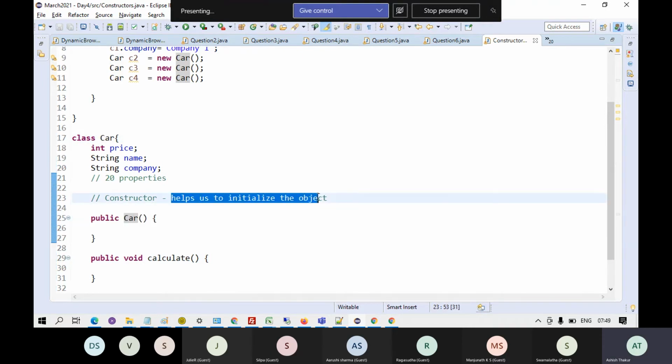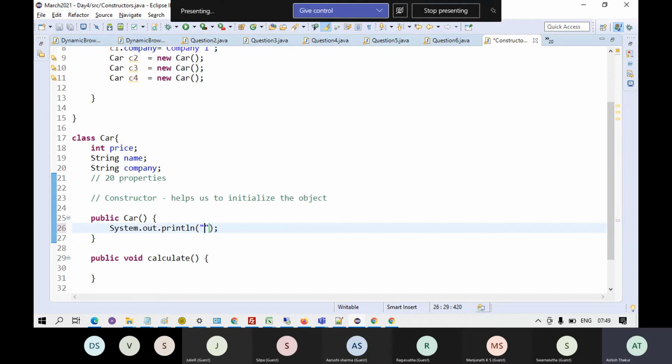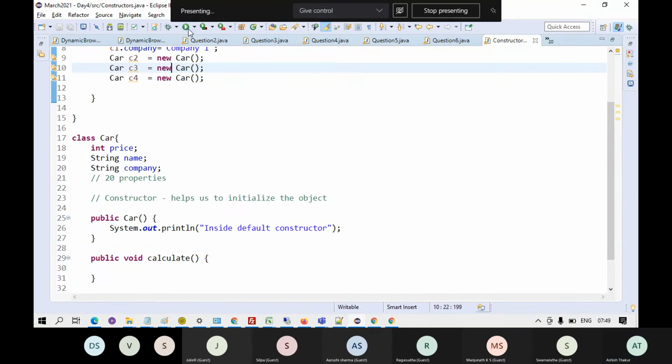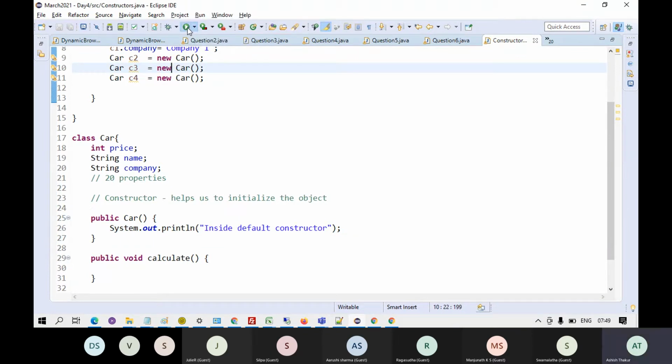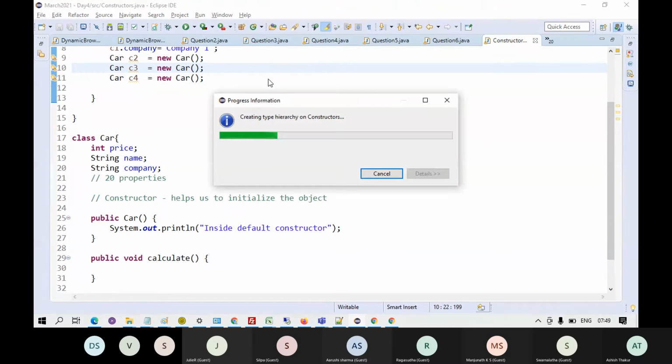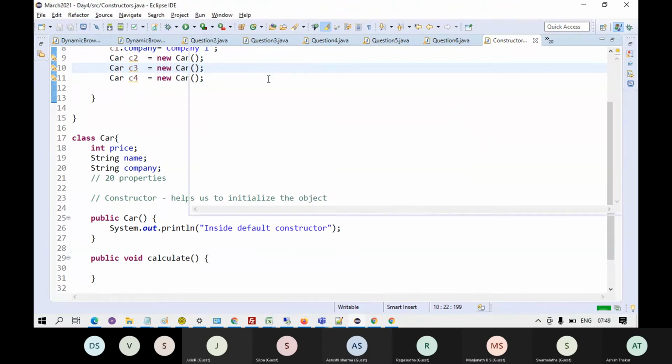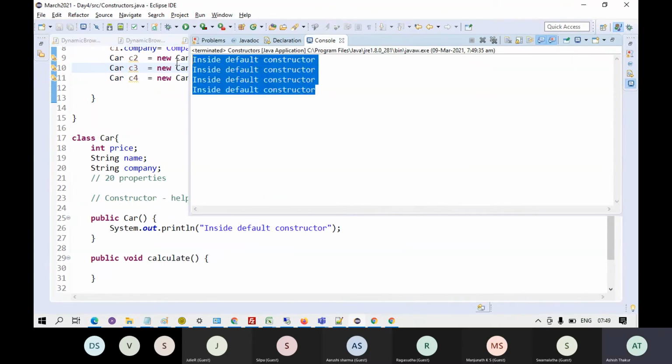It will only initialize the object. This is known as default constructor, but no arguments, right? If I run this code, see, it is printing inside default constructor 4 times.